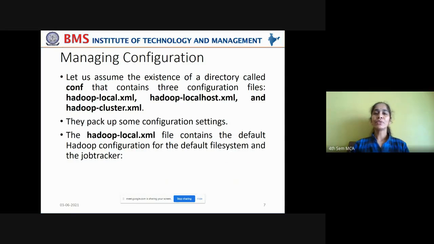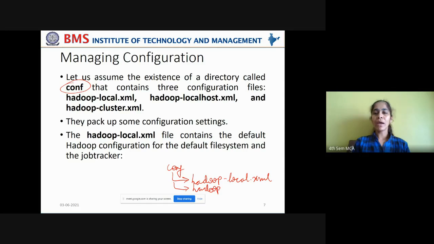Now let us assume the existence of a directory called CONF that contains three configuration files. What are the three configuration files? By default, we have Hadoop local.xml. Listen carefully. The Hadoop local.xml file is a configuration file that contains all the properties that are set for your local machine.